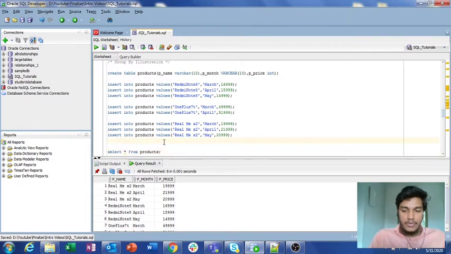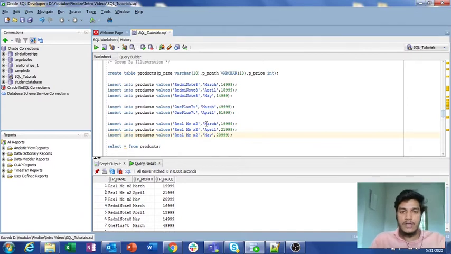Now previously, in the IN operator, what we have seen is that if one particular column value matches with any of a group of values, then we print that entire record in the output table.